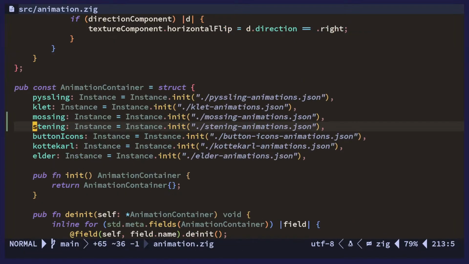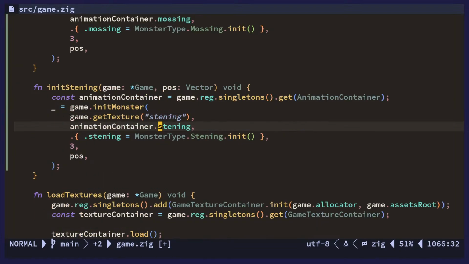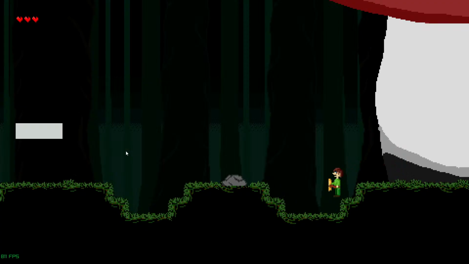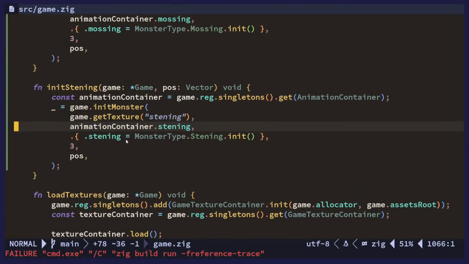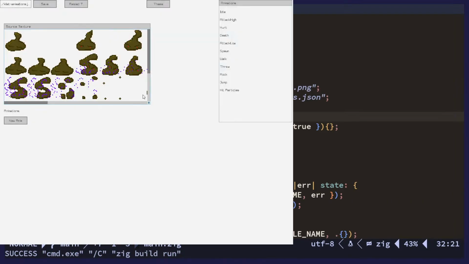All right, we don't have the animation code. Oh yeah, we do have the animation code. Okay, nice. But we do want to also do a couple of things. Well, actually this should add it to the game, but we need to modify a few things. Yeah, there you can see it's actually spawning. Oh, but we have the same issue that we had with the other one, is we don't have